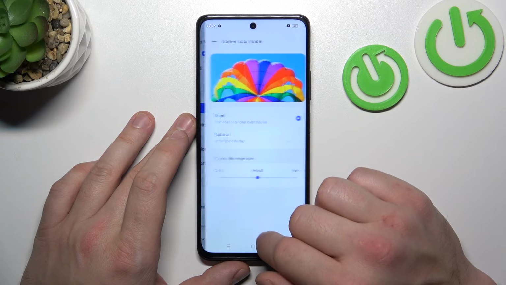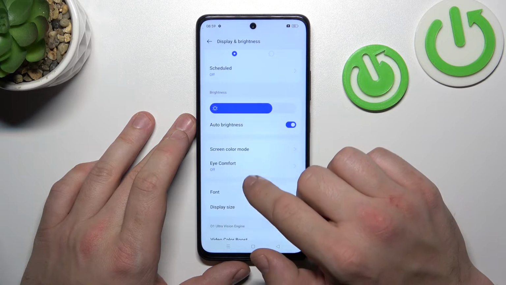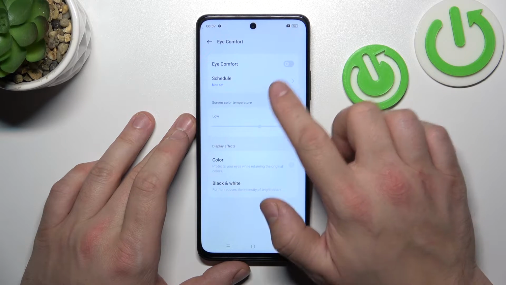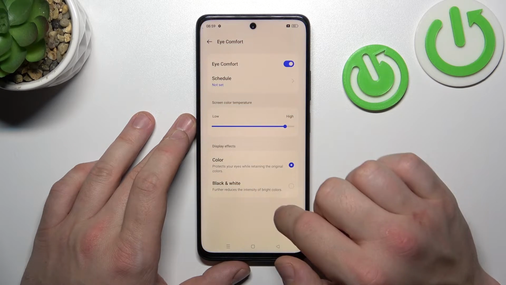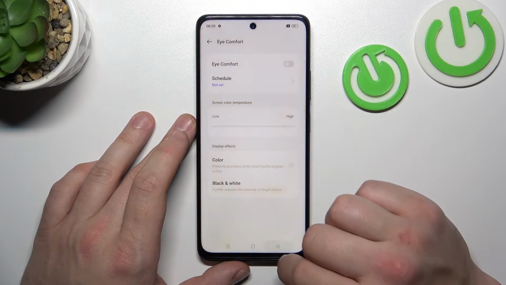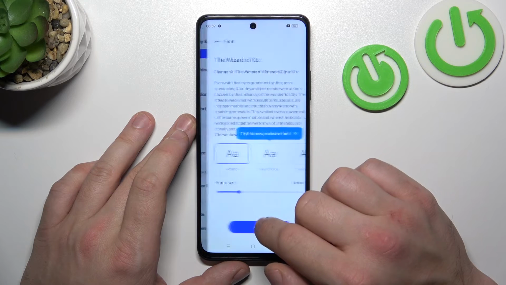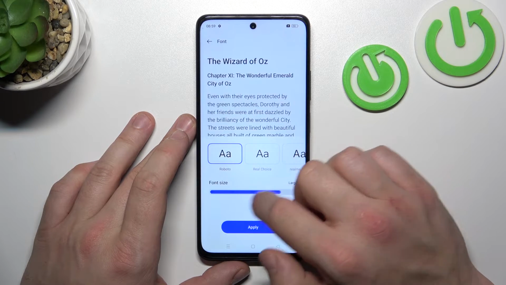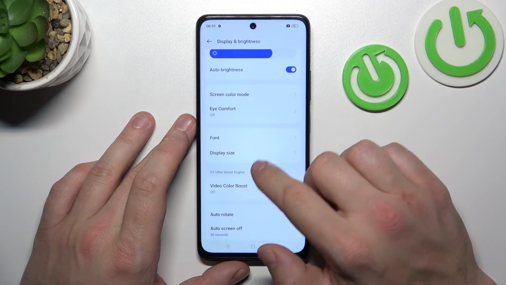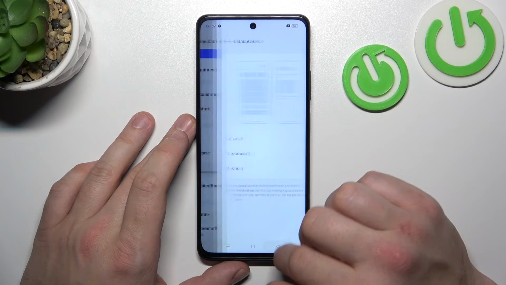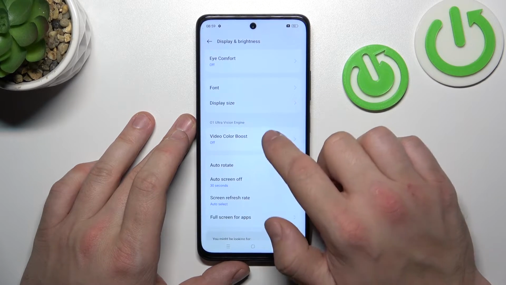Next we can change screen color mode, enable eye comfort mode, schedule it, change its temperature, and change its style. Next we can change font and font size. Next we can change display size, enable video color boost,